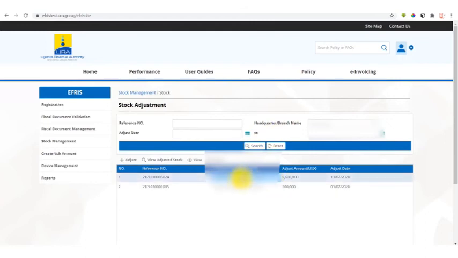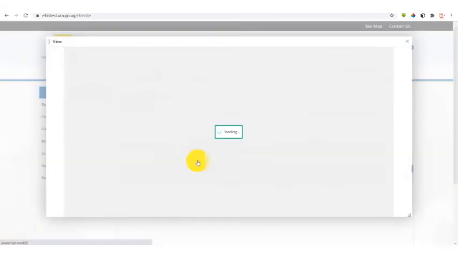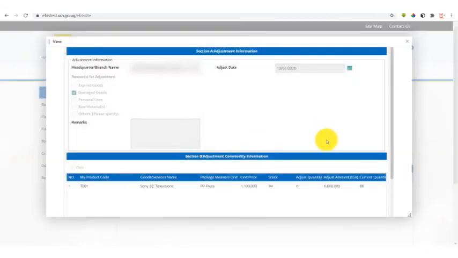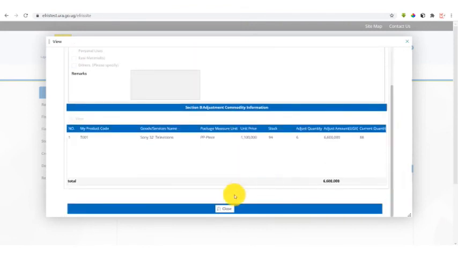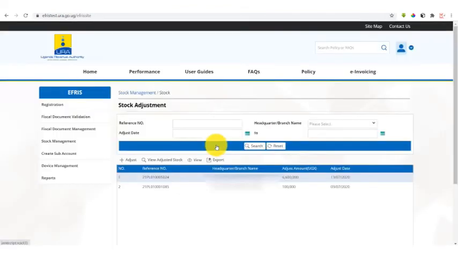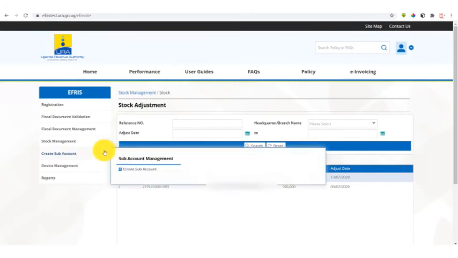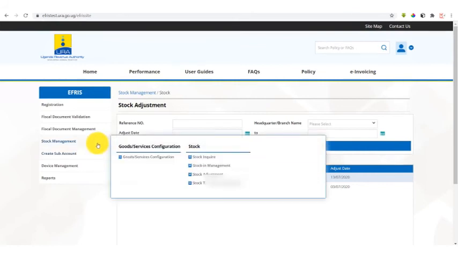So today's adjustment is this one, so we can select and view the details of what we have adjusted. We can see that we adjusted televisions, and the reason was damaged goods. So we confirm that 6 of our televisions were damaged. So we can come here and close this window. So that is stock adjustment.